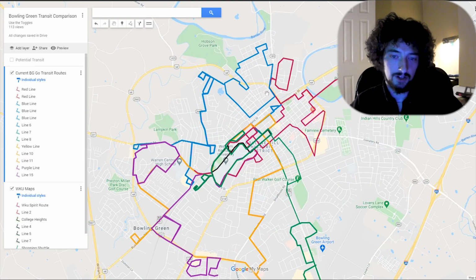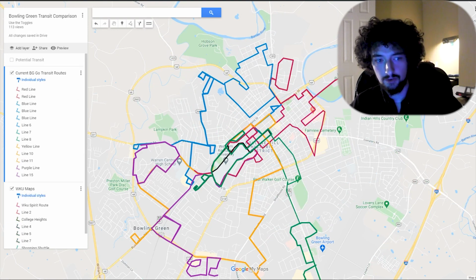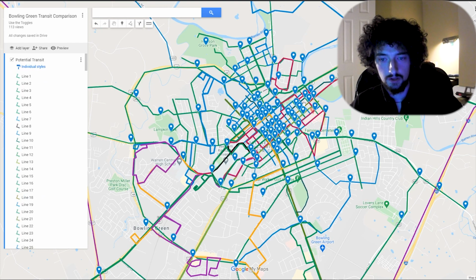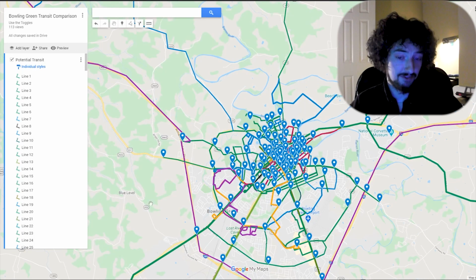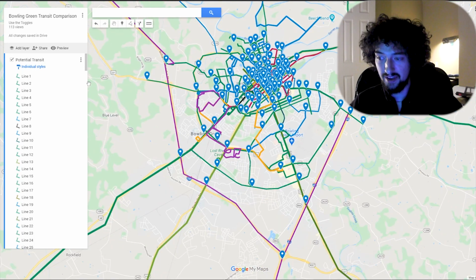Look at all this infill here, and especially in Shake Rag. But on a whole, if we zoom out, we can actually hit up the suburbs and every major area in